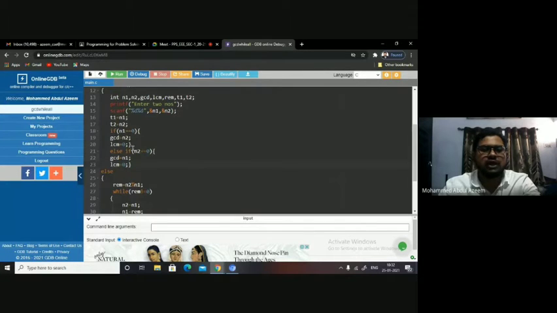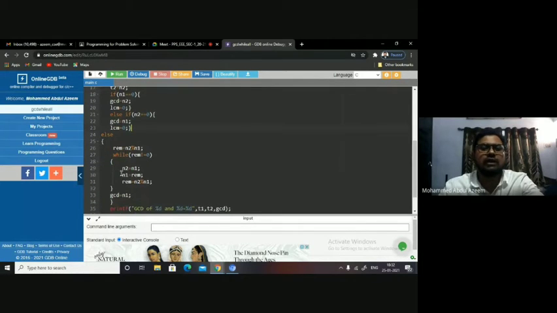Now, when these two conditions are false, when both the values N1 and N2 are non-zeros, then we come to the else part, and then our logic works. So I can simply cut this, it's not required here.